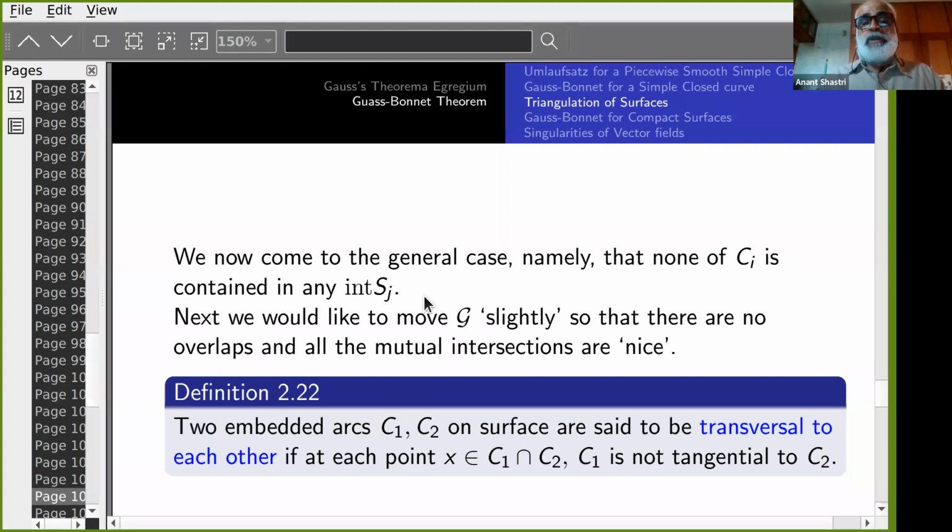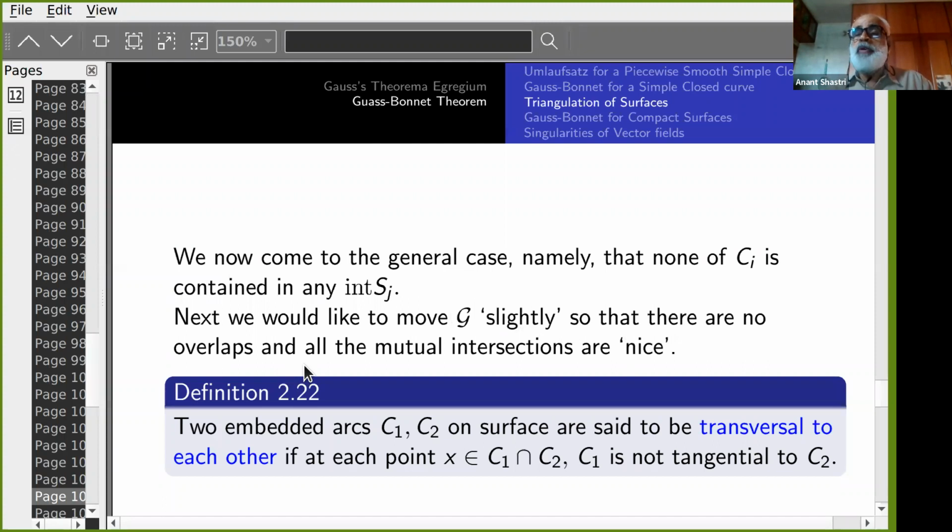Okay. So assume this one. Now what we want to do is, well, this is the most general case. You can't make pictures here. What we want to make is move G slightly. That means components of G are moved with respect to other components slightly so that there are no overlaps